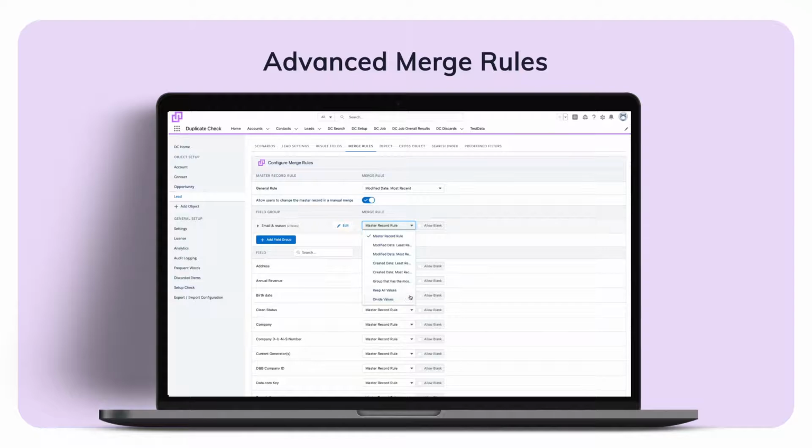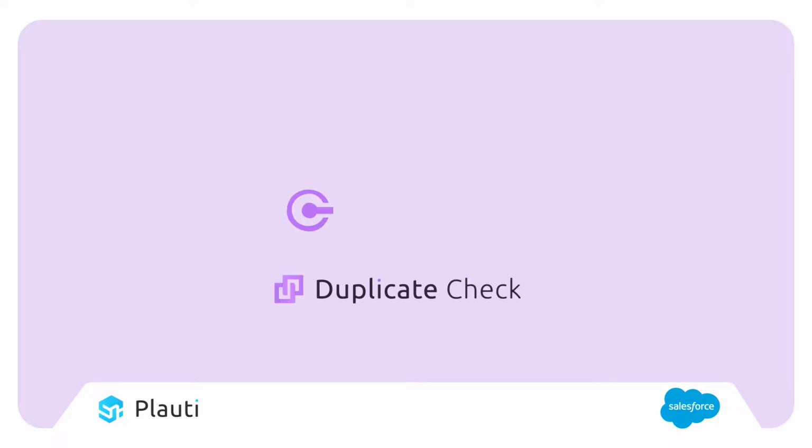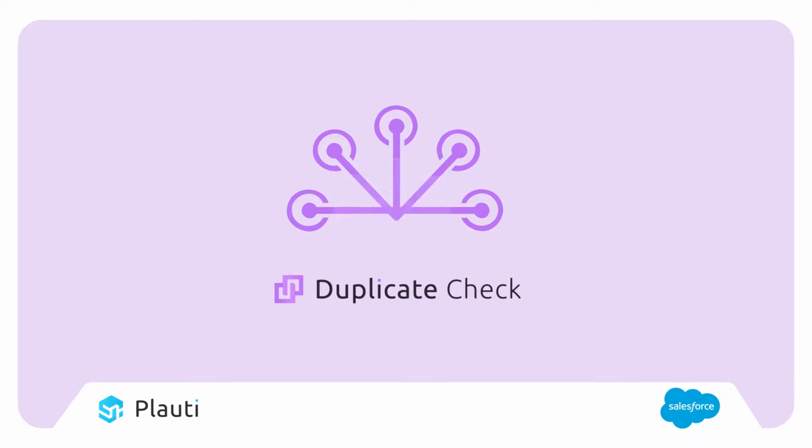In the merge process, the master record is picked based on the master record rule. Since the update, it is possible to determine the master record based on the record with the most fields populated, or the record with the most attachments. In addition, new field expressions on a value-based master record rule allow setting more advanced rules on text fields, such as starts with, ends with, or like. When deciding the master record based on a field and a field rule, a new rule is most common value. For example, decide that the master record has to be one of the records with the most common value in